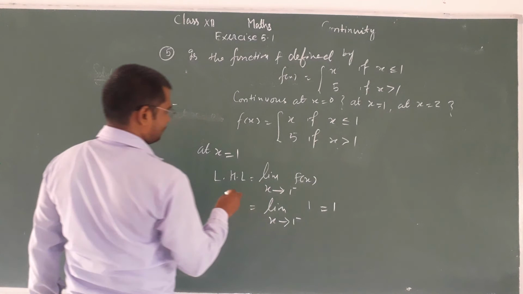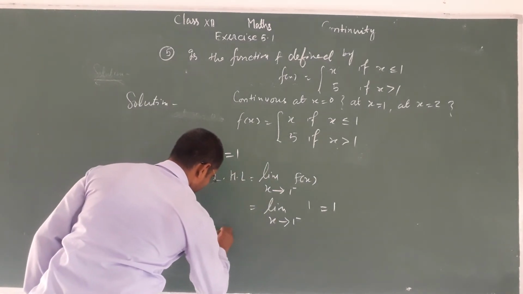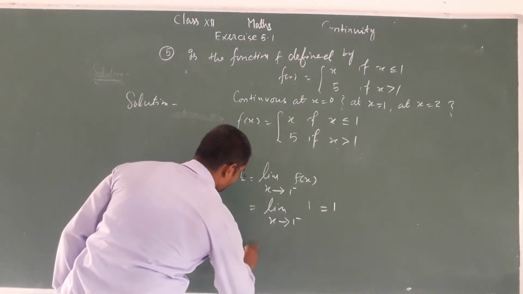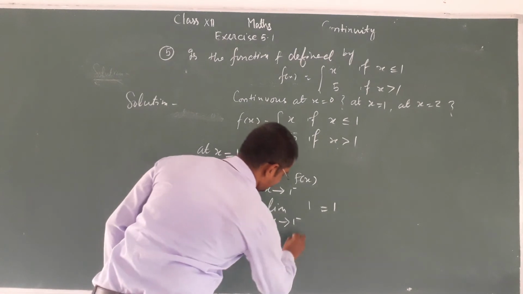And for x greater than 1, the right hand limit is the limit as x tends to 1 positive